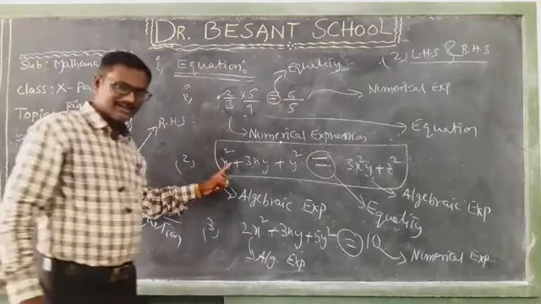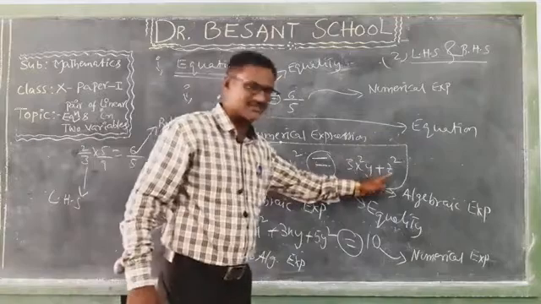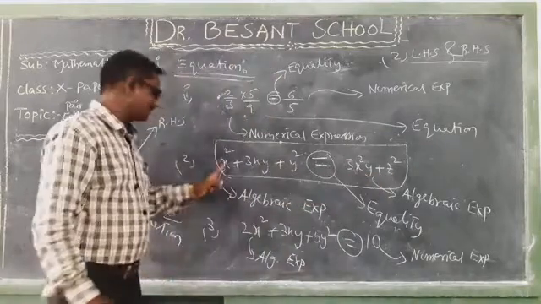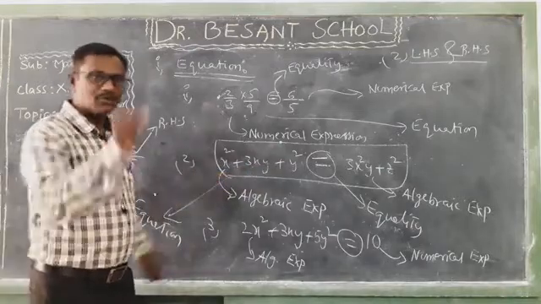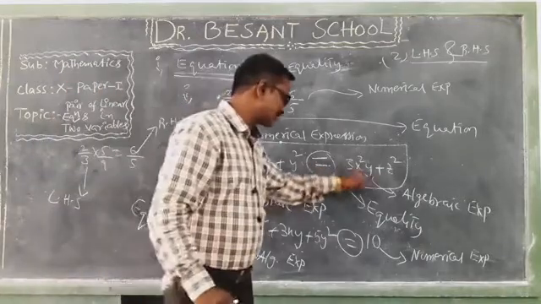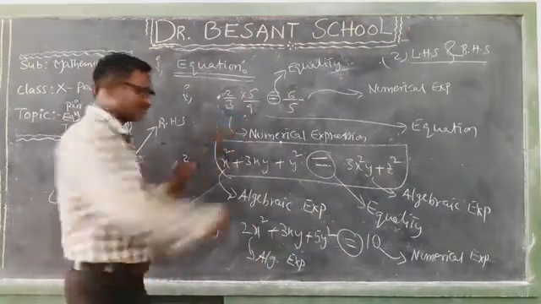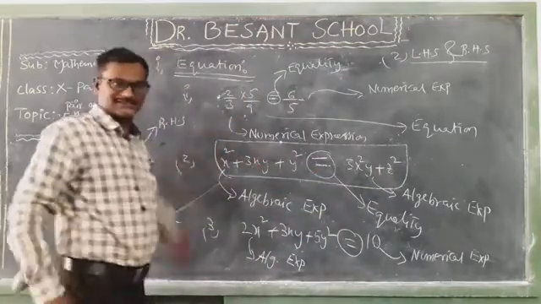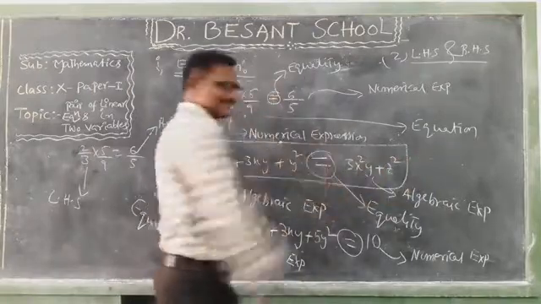So can you say, in this equation x² + 3xy + y² = 3x²y + z², what is LHS? x² + 3xy + y². It is LHS. What is RHS? 3x²y + z². It is RHS. Why? Because the first lies on the left hand side of this equality, so it is called LHS, and the second lies on the right side of this equality, so it is called RHS.